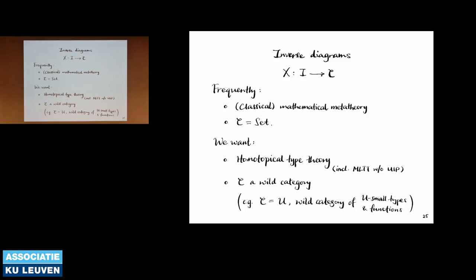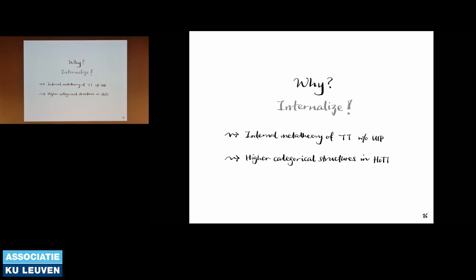If you know something about this stuff, you will know that really what we want is to consider a notion of infinity category inside HoTT, but this is an open problem. So this is currently one of the better things we can do, one of the best things we can do, let's say. And in fact, the reason we do this is because we are aiming to work towards at least understanding the situation. How do we actually get up to maybe being able to talk about infinity categories in